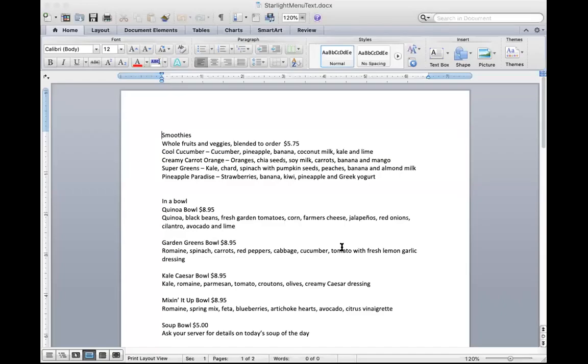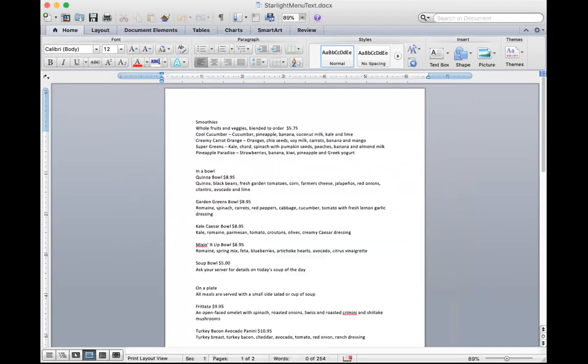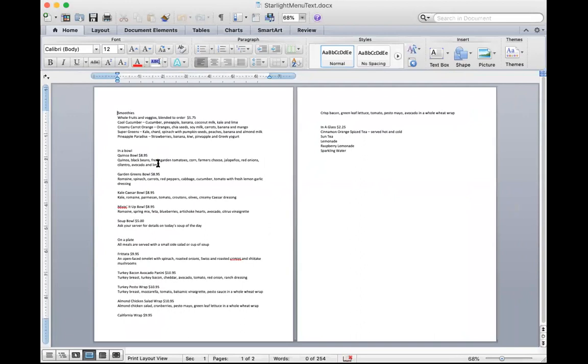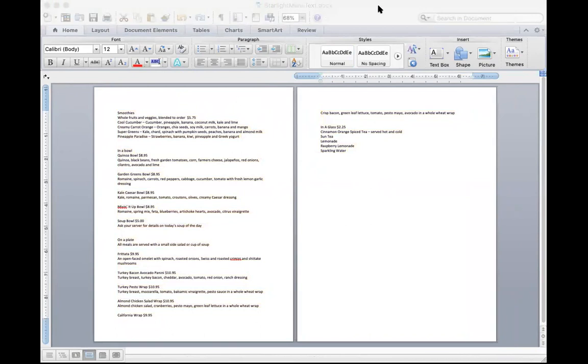So let me show you what this looks like. If you're doing the other brands, the other restaurants, you're going to see a similar text file in there, Word file, I should say. Obviously the dishes will be a little different, but what you're going to do is select all, so Command A, and then Command C for copy, and then go back into your InDesign layout here.